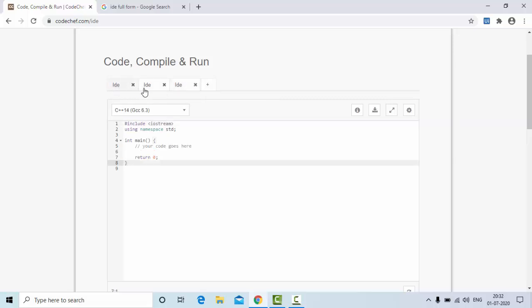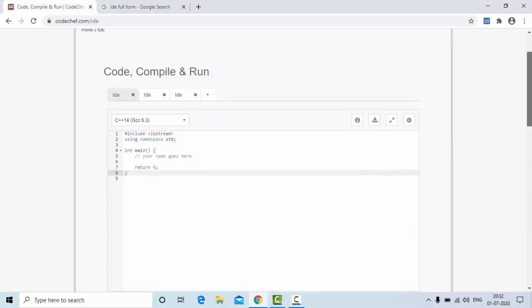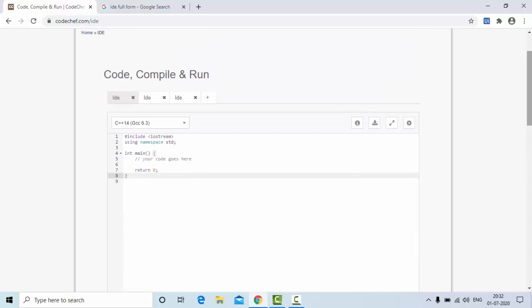I'm going to show you how it works, and how we can enter the input and output. This input and output will take a little bit of time, so that I'm going to show here. Let me take one language. I have taken C++ as an example in this case. Way back in my BTech second year as a computer science student, I coded in C++. So I'm going to touch this now.